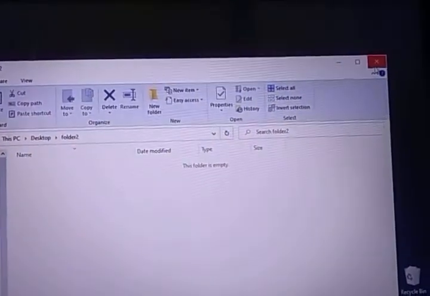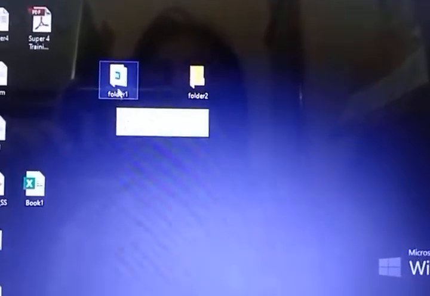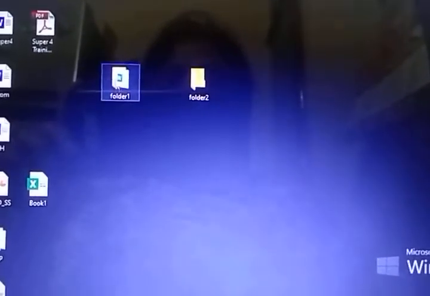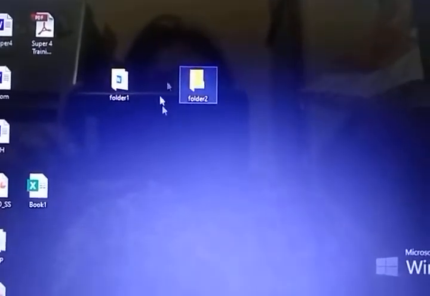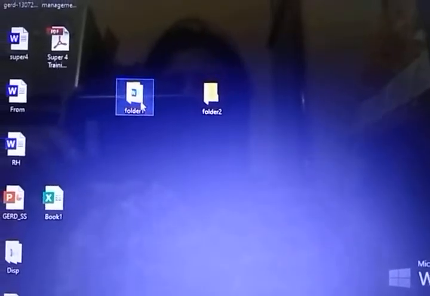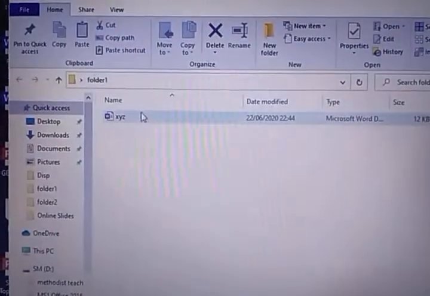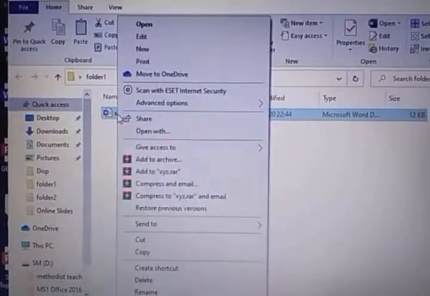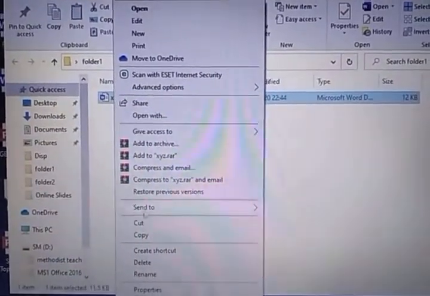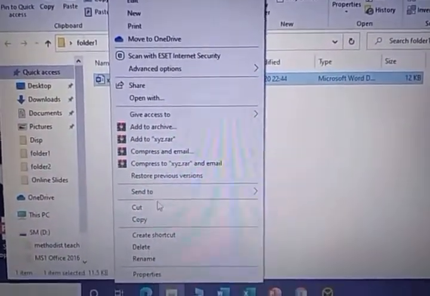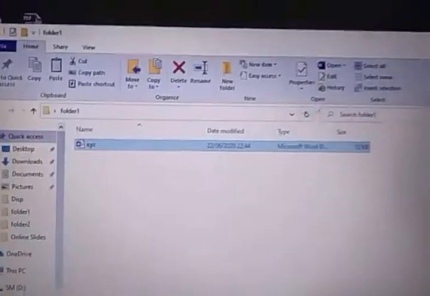Now I am going to show you several ways by which we can make a duplicate copy of the file, and both the copies will be in the two folders. Now we have the file in folder 1. Right click on that one. Again the menu will appear. This time we will click on the copy option.